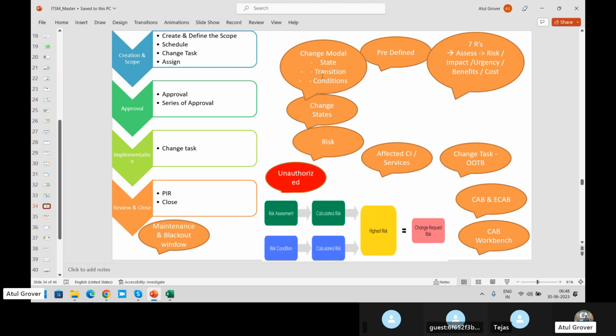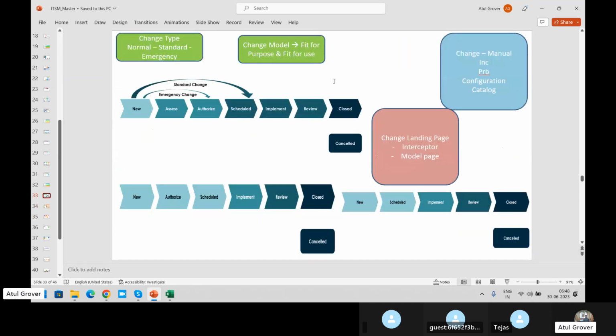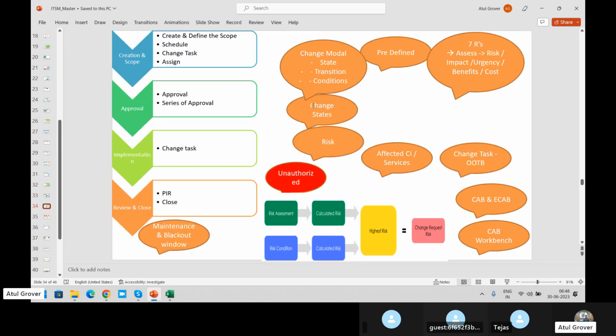I can work on the change model transition and the conditions. Wait, let me check one more thing. Configuration, change states. Let me copy and I'll add one more model for that. Change